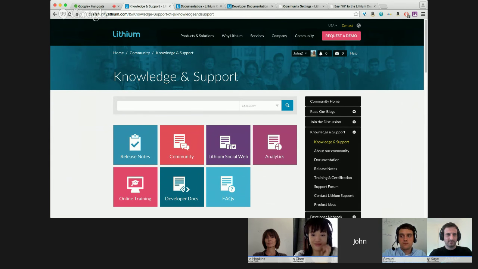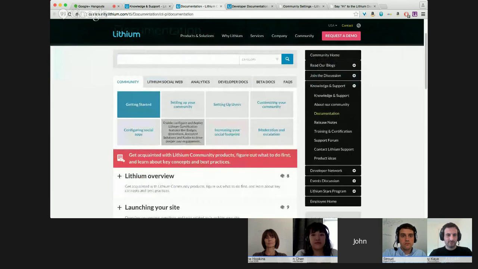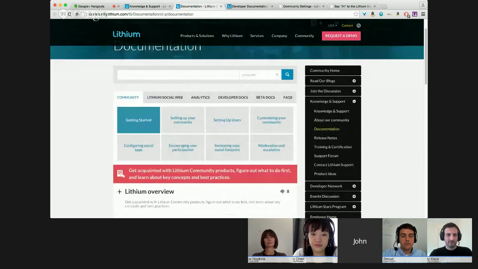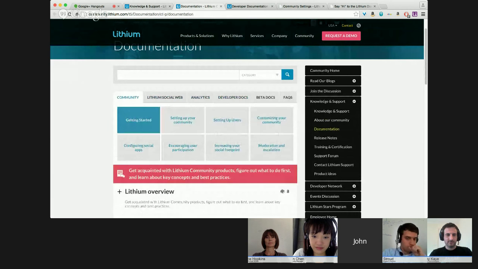So we worked with the community team and came up with a new design to organize and visualize the content in the knowledge base, and that's when we rolled out the new tile solution. Rather than having one long list of content, we have an area for community and Lithium Social Web, analytics and developer docs, etc.